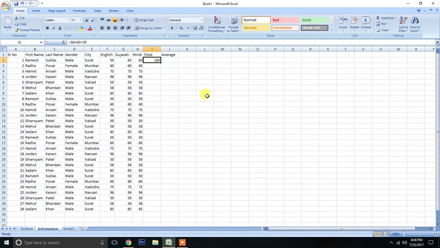So what you have to do is you have to give the address of your cell which you want to add in your formula. So here what I want to do, I want to add these three cells in this cell up to down. So what we will do,